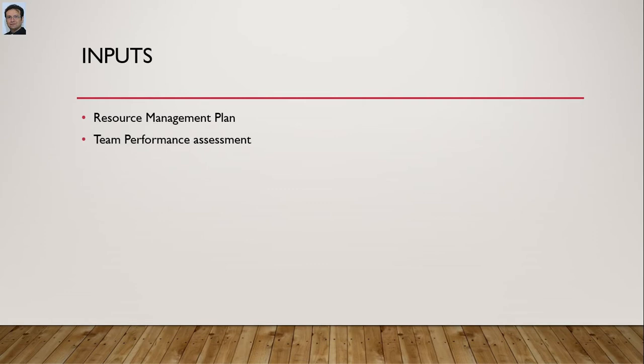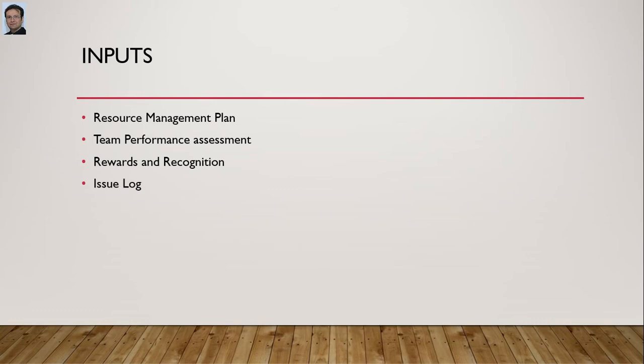Next is team performance. The project management team makes ongoing formal or informal assessments of the project team's performance. By continuously assessing the project team performance, actions can be taken to resolve issues, modify communications, address conflicts, and improve team interaction. Next is rewards and recognition. To boost the morale of the team, a project manager should reward and recognize the work of a team member.